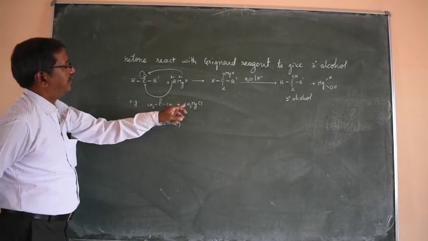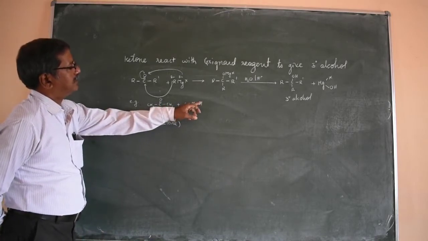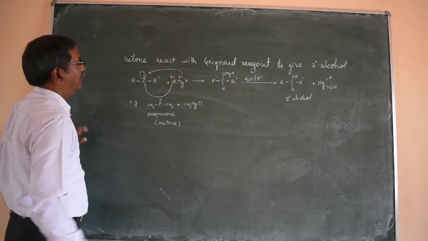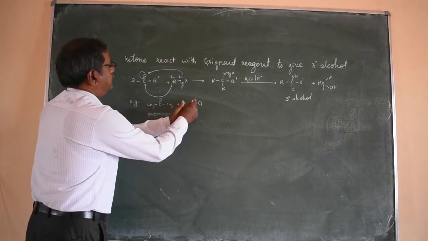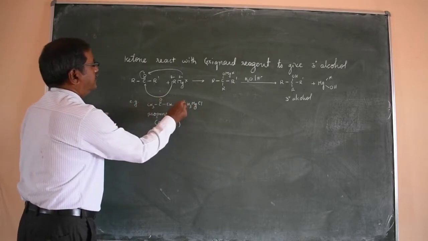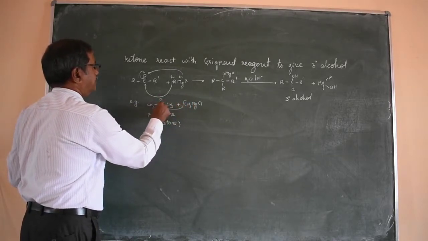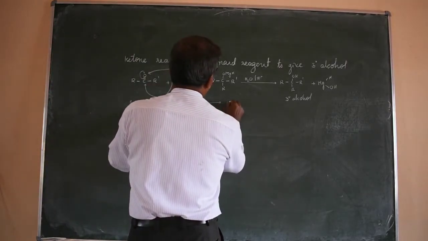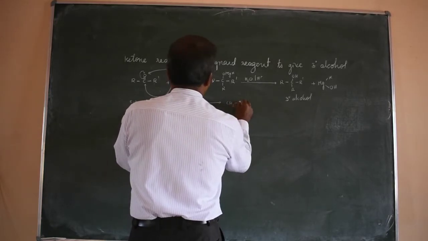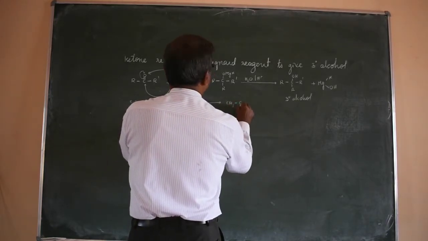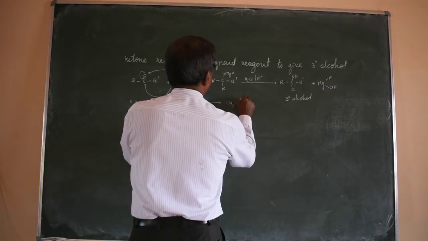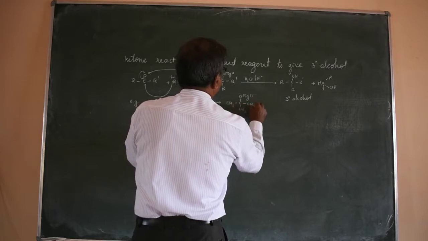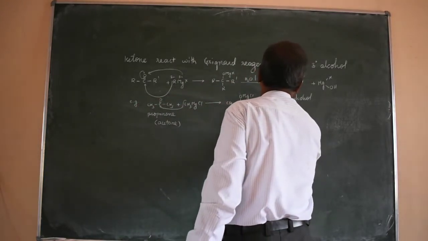The name of this compound is methyl magnesium chloride, an alkyl magnesium halide. We know this is the negative part, this is the positive part. Here movement of electrons toward oxygen takes place. CH3 links to this carbon. The product is CH3, then CH3, OMgCl and CH3. So this on hydrolysis,